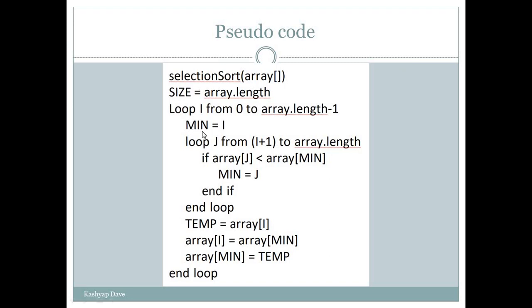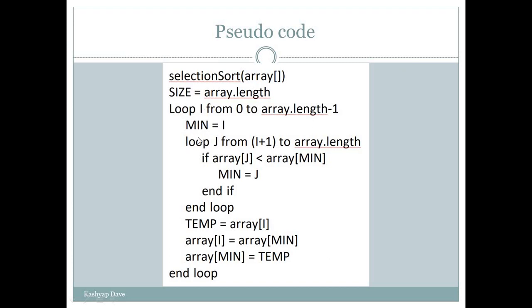In it we will declare our next variable, which is minimum, and we will give i's value to the minimum, meaning we will set the minimum at the first index. Okay,